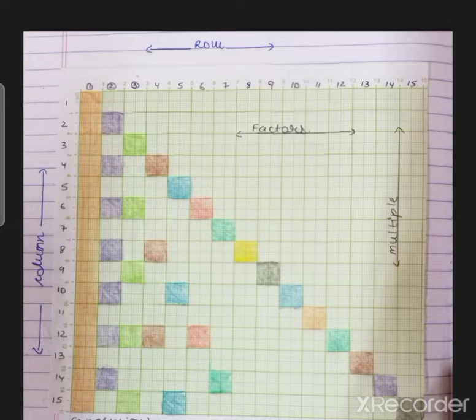Let's come to the fifth one. The fifth table is 5, 10, 15. So color 5, 10 and 15. Next is 20, but 20 is not there in this box, so we will not cover it up and we will not color. Similarly with the sixth. So sixth is 6 ones are 6, 6 twos are 12. Then 7: 7 ones are 7, 7 twos are 14. 8 ones are 8, 8 twos are 16. But 16 is not given in the box, so we cannot color that up.